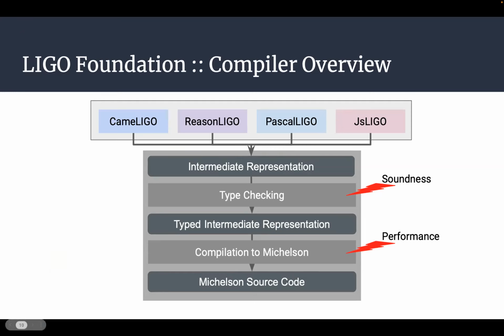And one target of the compilation to Michelson is performance. The compiler is able to apply quite aggressive heuristics, like inlining, code optimization, removing dead code. So dead code is removed automatically. You don't have to care. It applies some heuristics on the code in order to optimize it, and this is important to have the best performance possible. And for smart contracts, performance is really important because performance means less gas.